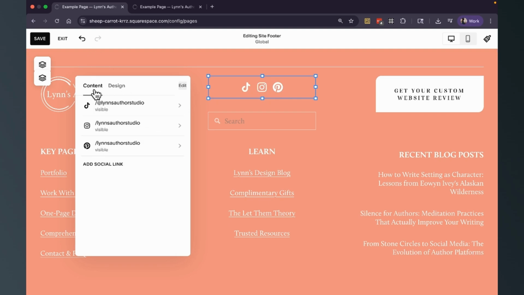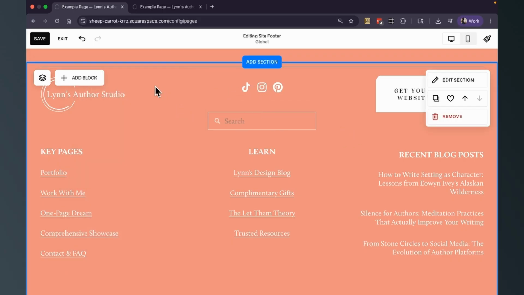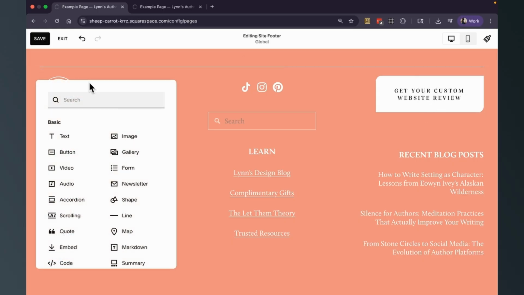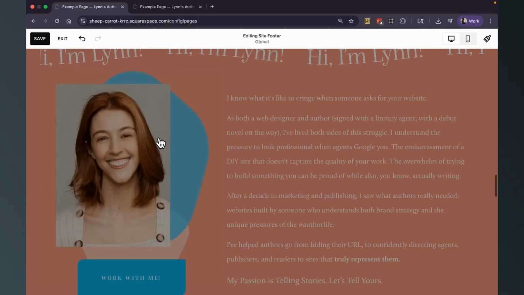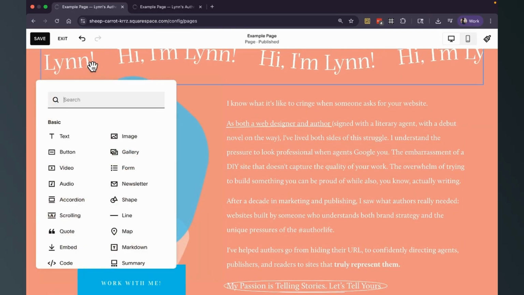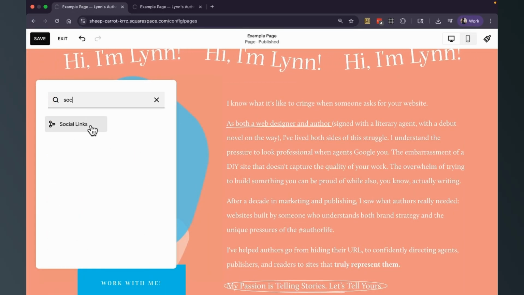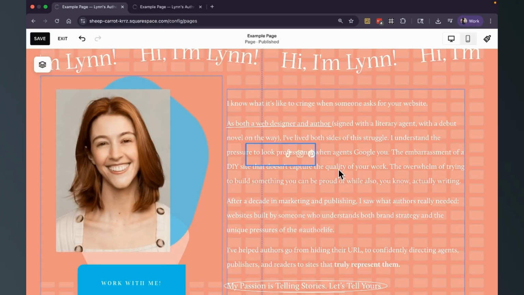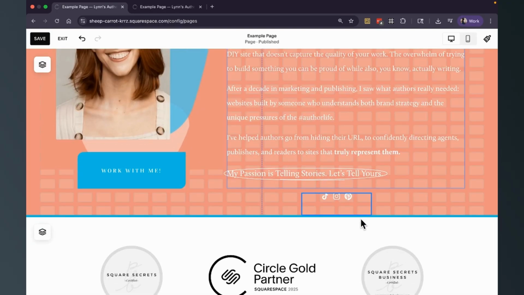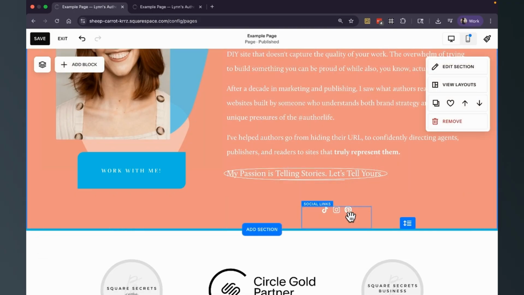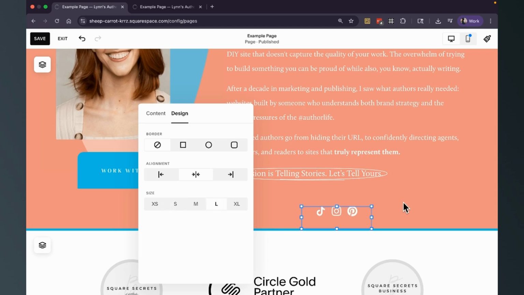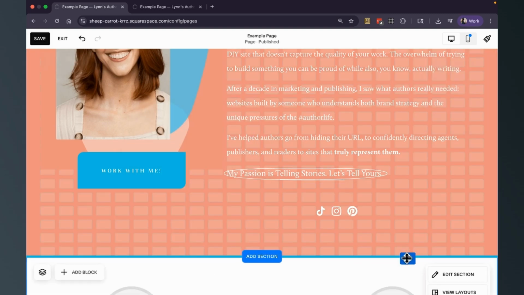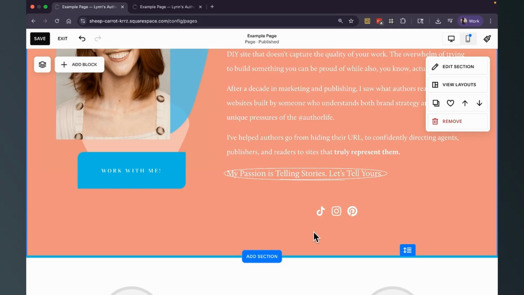And then the nice thing about this box is that when you have it all set up, anywhere you want to put social media, it's going to pull all of this in automatically. So let's say I go to a different page on my website and want to add social media links. So I can just click here and it's going to go ahead and drop the links right here. And let's say I want to make them a little bit larger so you can see them easier. Great, I can make them a little bit larger and customize them if I want,